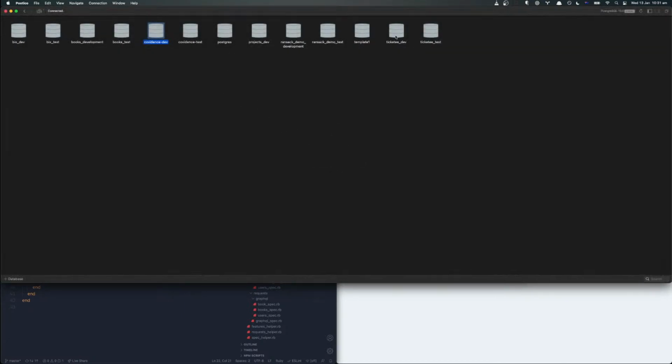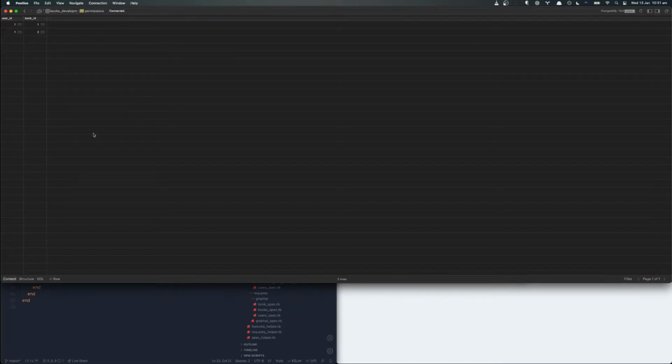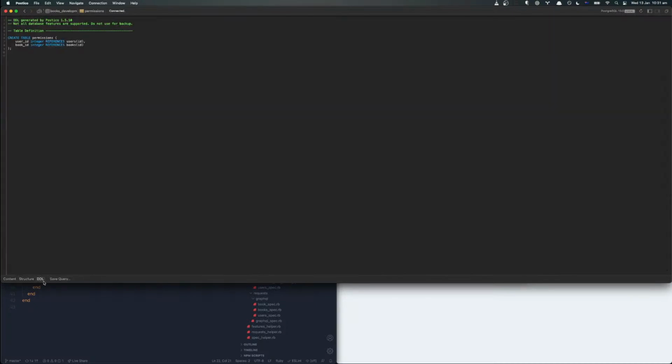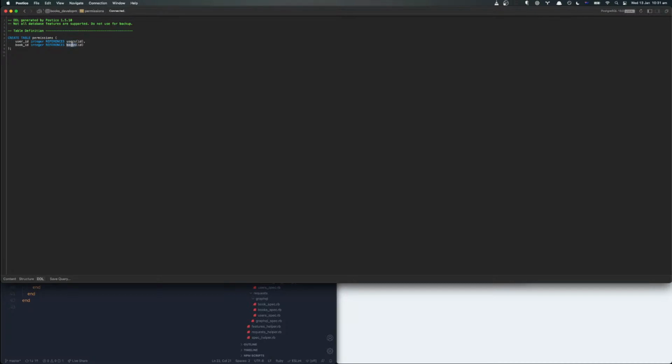Okay, it's currently open, fine. I'll come back to that in a second, that's my old work. What we should do here is verify the DDL. User ID and book ID. So this table has a reference to the users table and the books table, which means that if we are